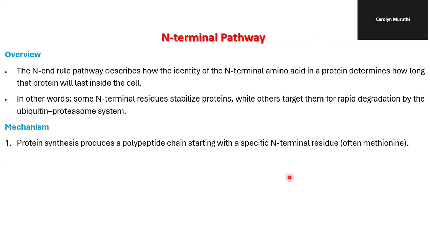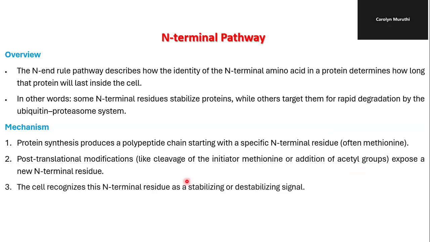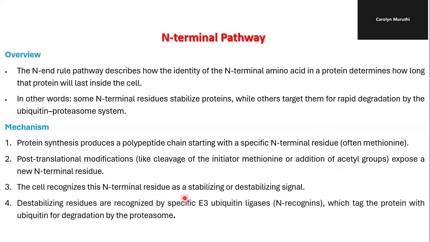As we all know, protein synthesis produces a polypeptide chain which contains a specific N-terminal residue, and often this is methionine. The polypeptide chain may further undergo post-translational modification, which includes the cleavage of methionine or addition of acetyl groups, and therefore exposing a new terminal residue. And so the cells will be able to recognize the N-terminal residue either as a stabilizing or a destabilizing signal. If destabilizing residues are recognized by specific E3 ubiquitin ligases, they will tag the protein with ubiquitin for degradation by